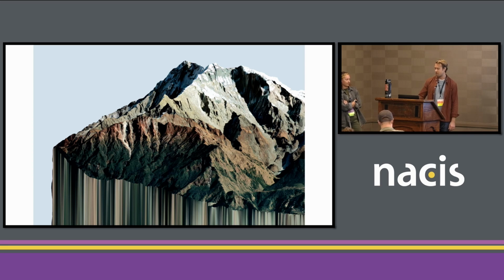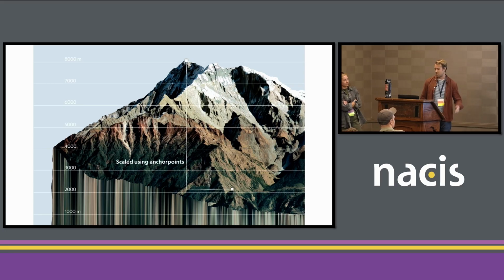But then the next challenge that we had to do is how do we get them scaled so they can be compared to one another. So we figured out known elevations on the mountain, and an illustrator actually just used the scale tool and mathed them into where they should be. So figured, here we are. It's good. But wrong.